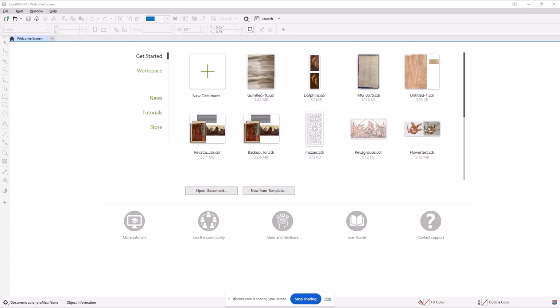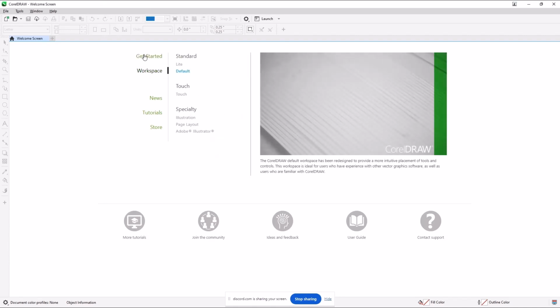So I just wanted to make sure that what we're doing here is generally understood from an overview of Corel Draw on down to where we're loading and working with the image paint. So I purposely put myself on my get started, or you could be on your workspace. If you're looking at the workspace, probably the most important thing to check is, do you have the word default highlighted in your Corel Draw? We'll look at it at another location. If you're not in the default, then when we go to talk at you about how to do this or that, nothing will line up. It gets really quite confusing. So we're going to make sure people can get to the default and understand that they're getting there.